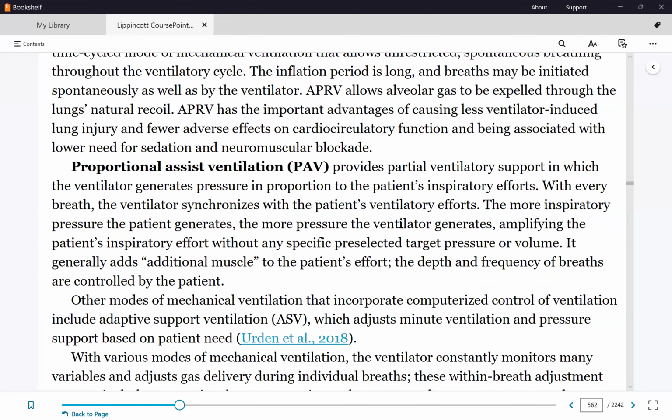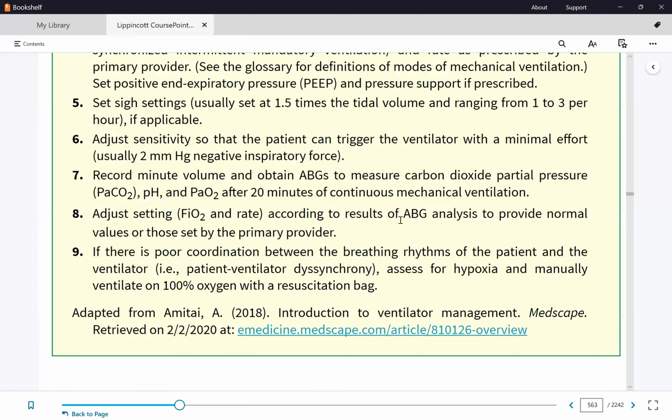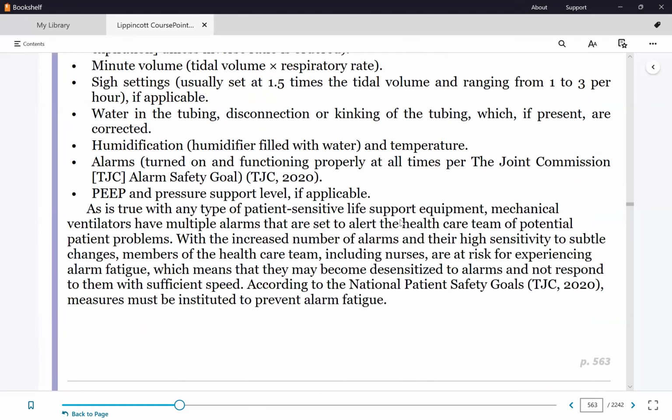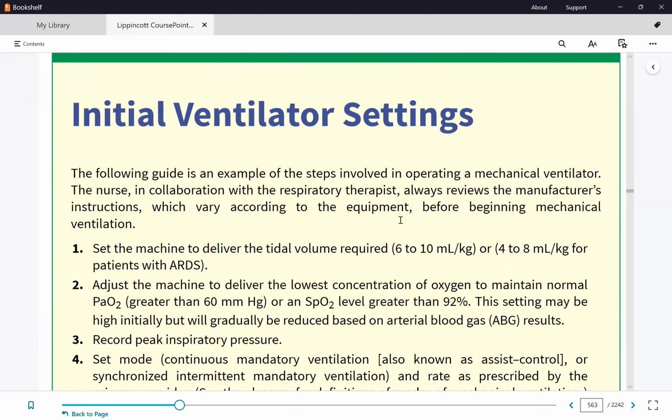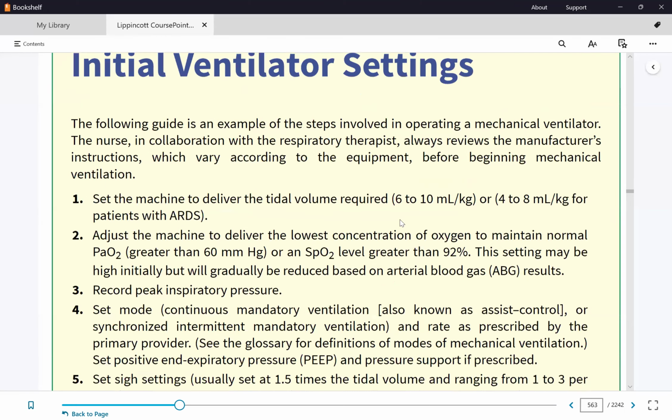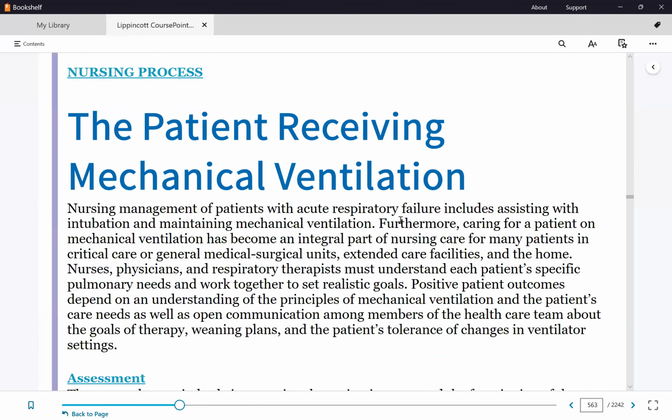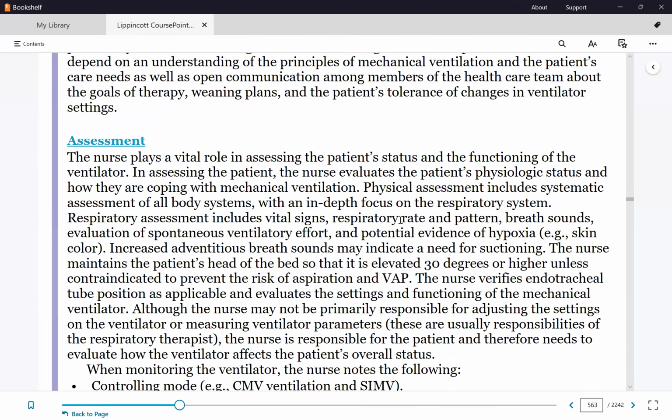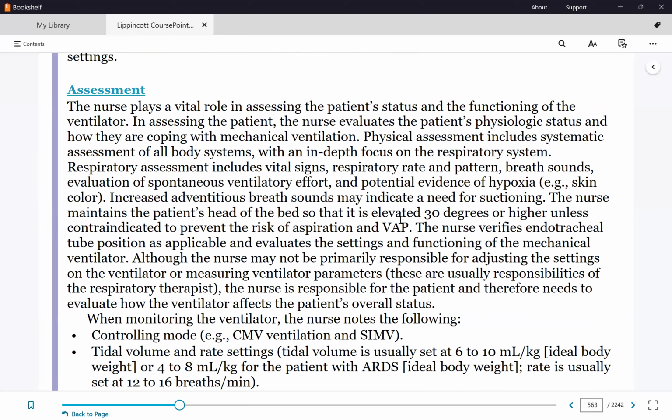So we know the settings. Let's go now to a few more which were not mentioned in this chart. The chart did not mention PEEP. So let's talk about PEEP. PEEP is always dialed into the ventilator. So PEEP stands for